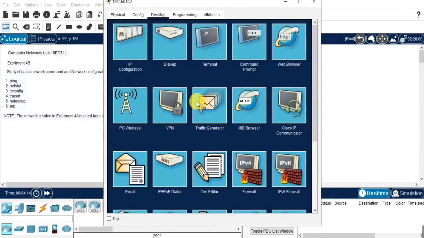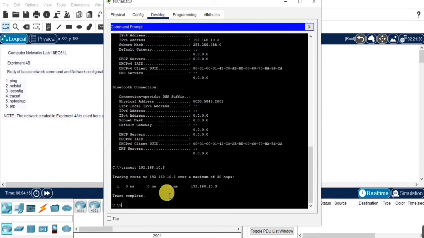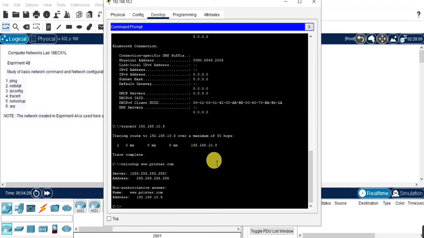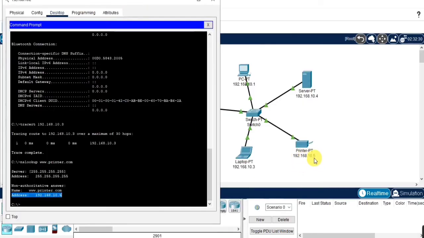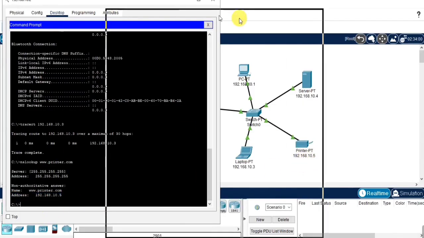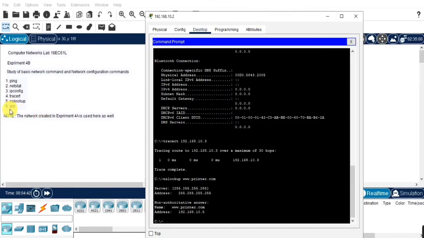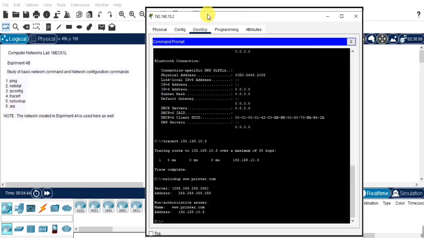Once it has been done, now we will look at how the nslookup command will work. Here I am typing the command nslookup and giving the name that I have set there. Here you can see the status, the address and the name we have given. If we give the name, it will show the address where it is being transmitted.